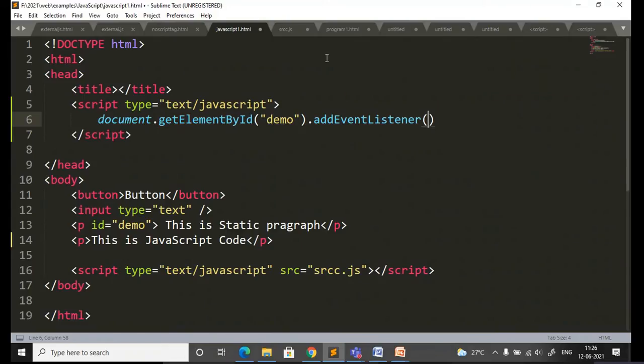Here I am going to add the event within double quotes, click event, comma. If there is a click on that particular element, it has to invoke a particular function, myFunction. You should not specify the parenthesis, even though it is a function.